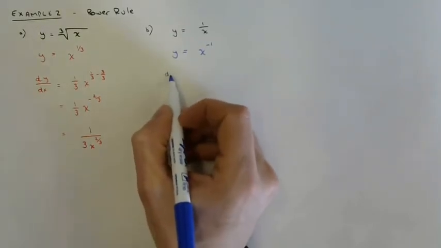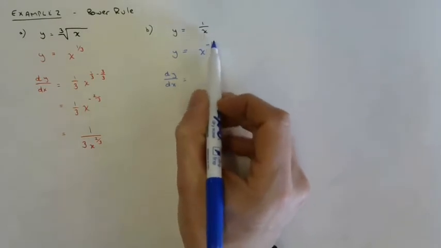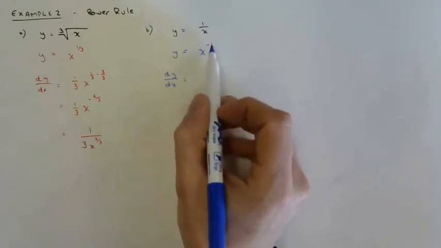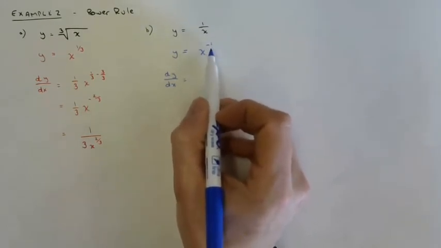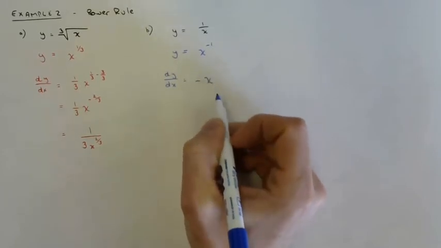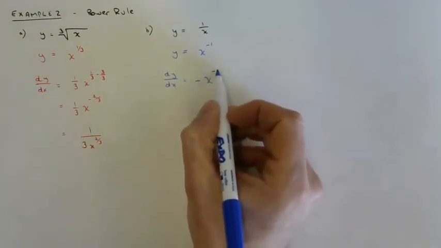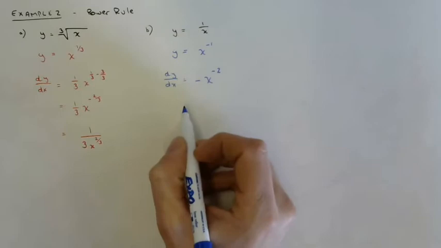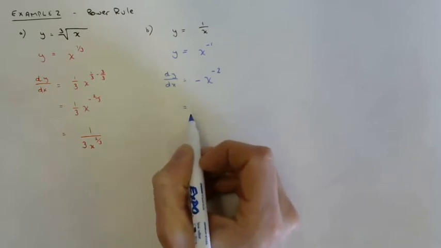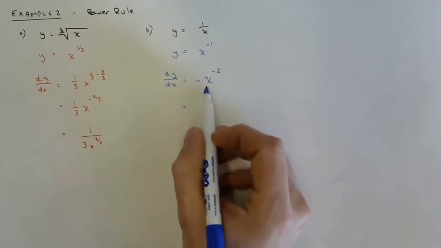From there, I can differentiate. dy by dx is equal to, now when my exponent comes out in front as a multiplier using the power rule, basically it's going to be -1, but I just need to keep the negative sign. That's -1x now. And my exponent goes down by 1 to -2. The problem asks me to express this with a positive exponent, so that's going to bring my x squared into